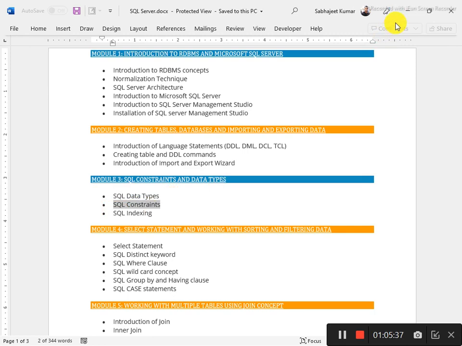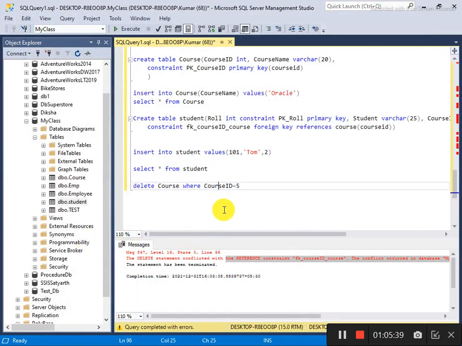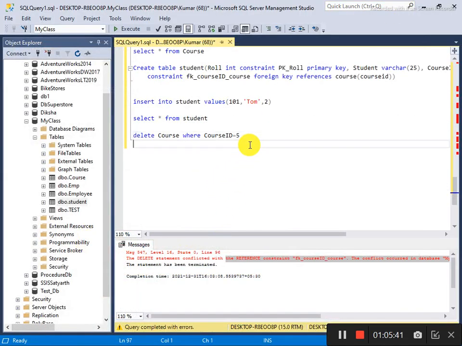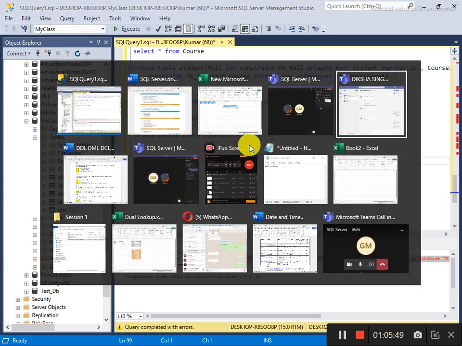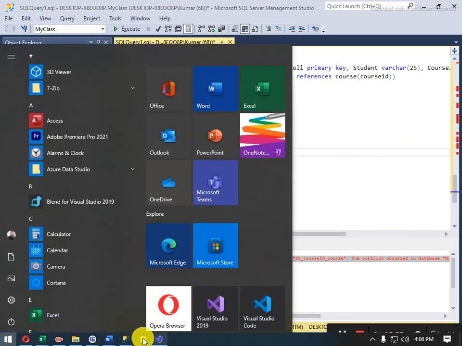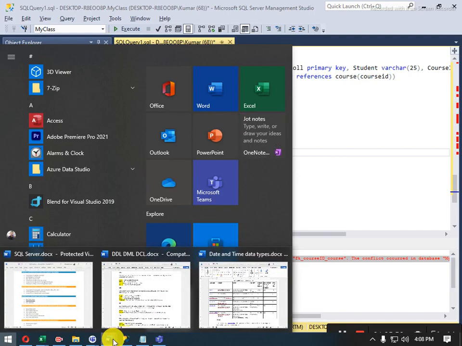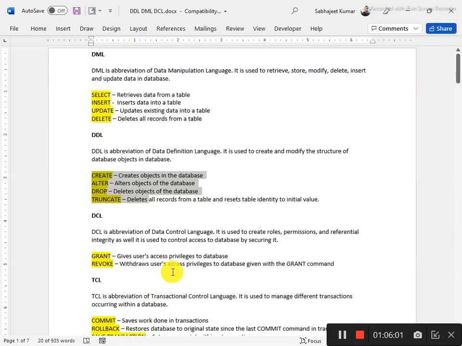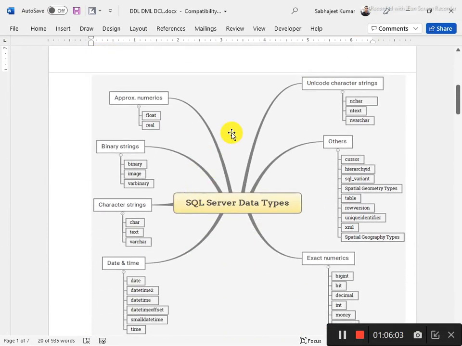So see here, this is a very easy thing I'm just telling, and tomorrow I will show you the next level of the data type. Okay, so here is the data type.